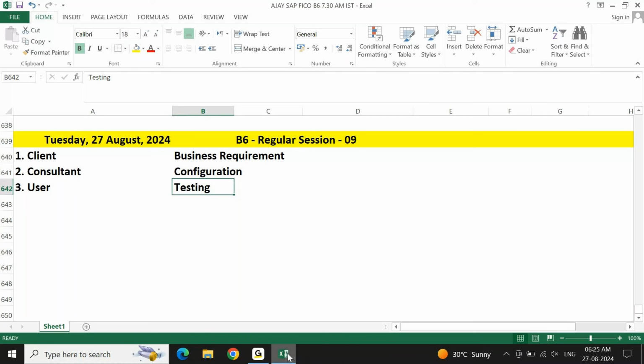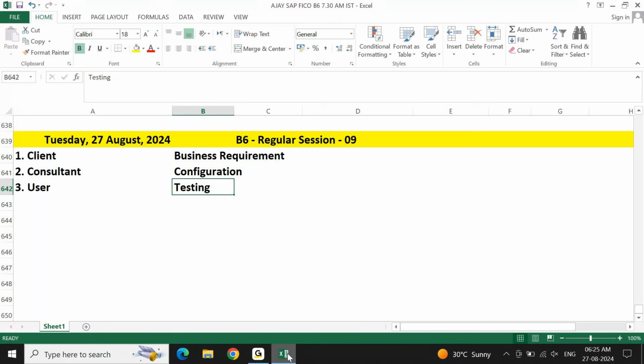Otherwise, the way you practice SAP FICO will be different from the way you will look at SAP FICO in a project, because it is your mistake that you are not practicing in a proper way. It is your mistake you are not understanding the system in a proper way. Just randomly, left and right, you are posting the entries, pulling the reports. It is our fault. As an individual, whoever is learning, whoever is practicing, it is their fault. Because in any project, in any organization, that is not the way anybody works on SAP FICO. When you know it is not the way, you are not supposed to work in that way.